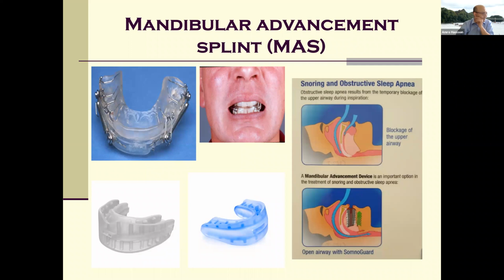These are some mandibular advancement devices. There are many, many, many on the market, from £15 boil in the bag ones to having it bespoke made by your dentist at £400 or so. This diagram on the side here, made by Somnoguard, who also make this one, shows how, if your mouth is open, your tongue falls back and obstructs your airway. Whereas if you can pull your tongue slightly forward, remember the tongue is attached to the genioglossus, which is attached to the tubercles at the front of your mandible. If we can bring your mandible forward, then that pulls your tongue forward, opening up your airway.